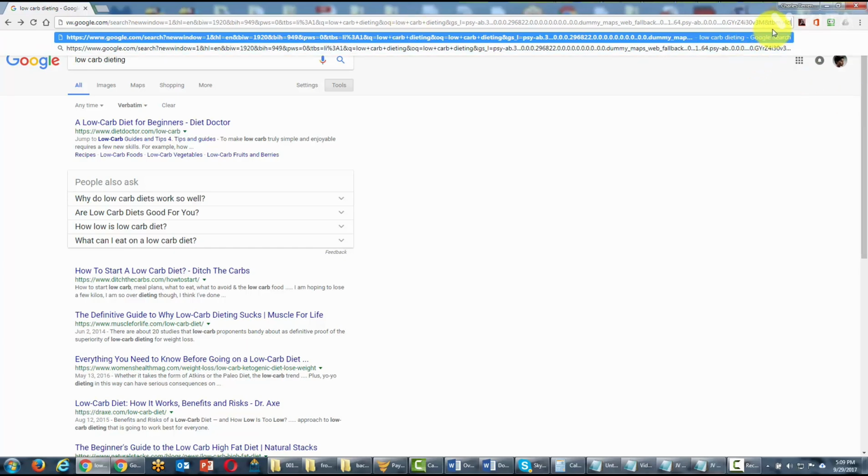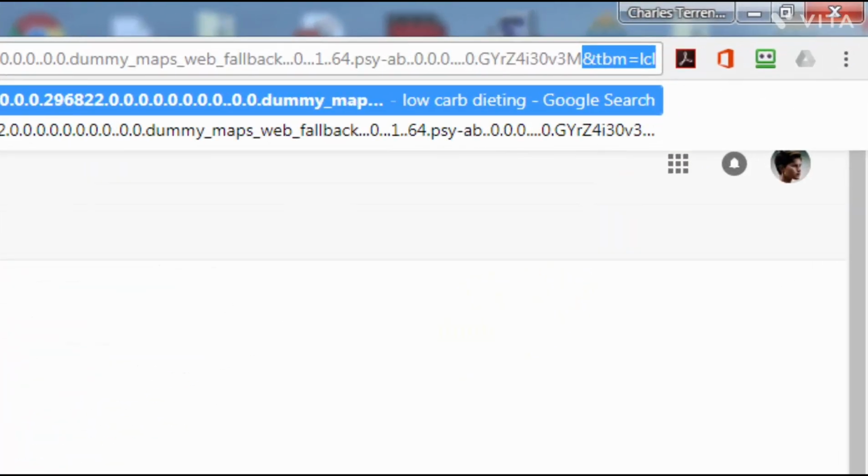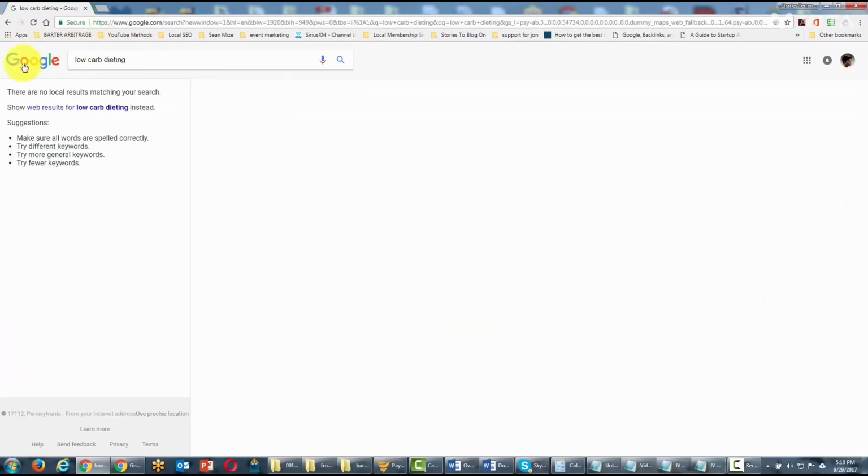That parameter is &tbm=lcl. And what we're going to do is hit local. What you'll see here is that Google says that there are no local results. But the search engine does look to try to find anything within its database that says there's something local with respect to these keywords. So again, this is a great way of drilling down even further into your keyword and seeing its local relevance.